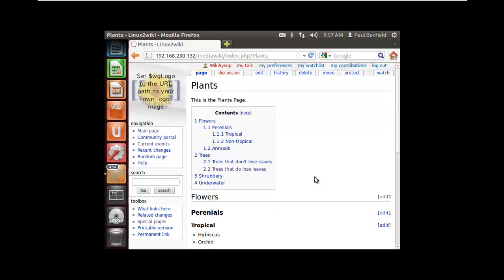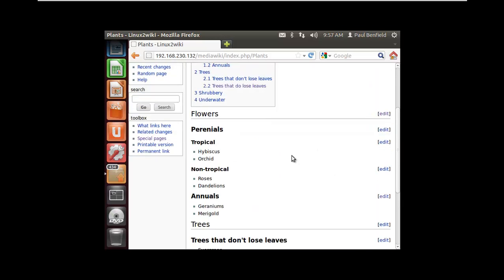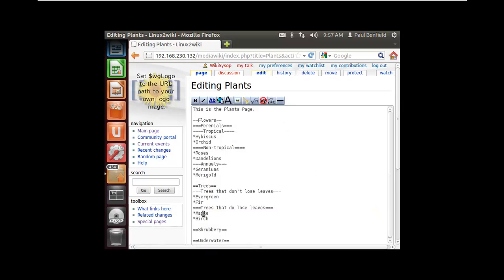So it's looking a little bit nicer. I'm getting more information on here. I have bullet points on there as well. Just like we have with headings, where we have headings and then subheadings and sub-subheadings, we can do the same thing with bullet points. Let's go in here and edit one more time. And let's go to our maple. And I'm going to put a double asterisk. And I'm going to put sugar